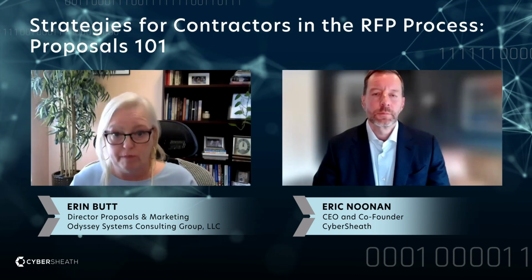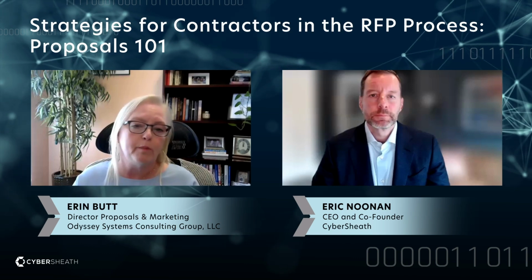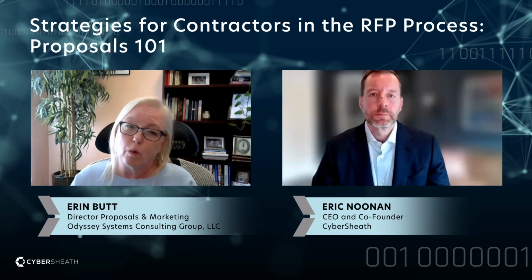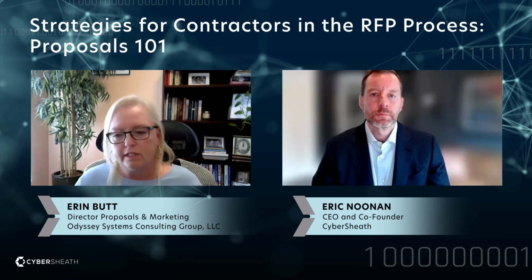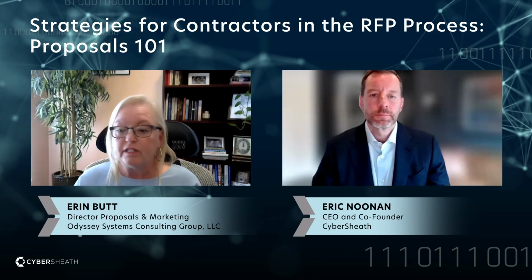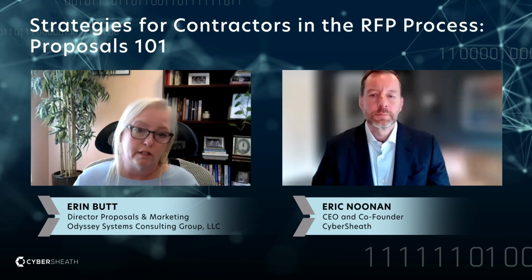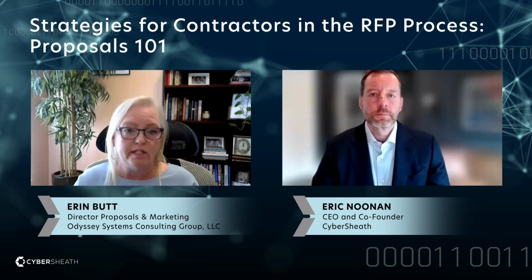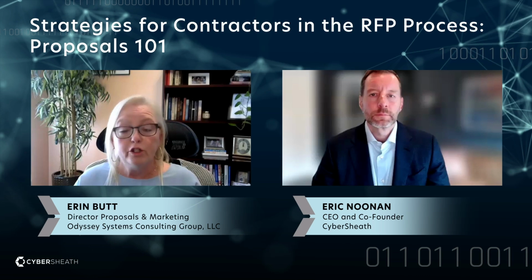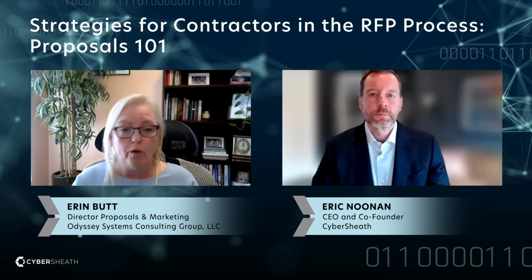Parts of a solicitation may be labeled CUI. That's usually easy to pick up on because there's usually a requirement for encryption. If you download a solicitation, they'll very clearly say, hey, there are parts that are CUI. You need to reach out to the government contracting officer and set up an encrypted email so that we can send you this information. Once you receive it from the government, so regardless of whether it's your CUI or theirs,